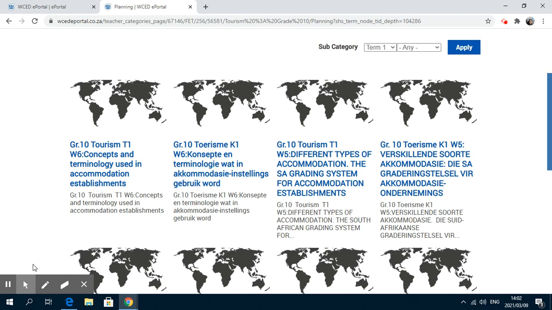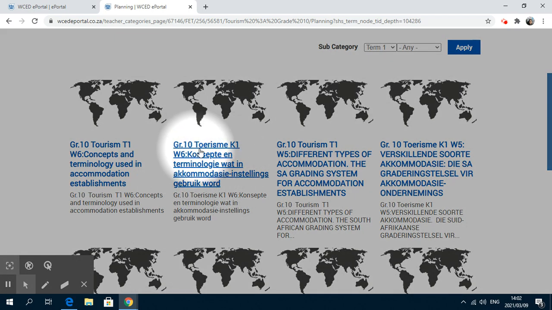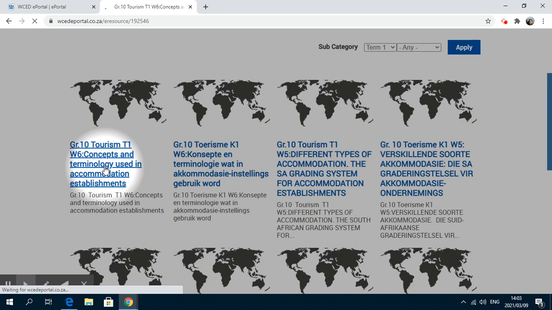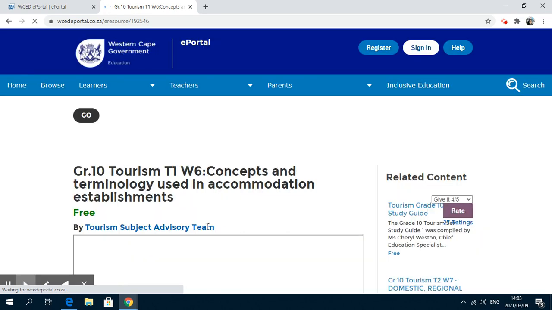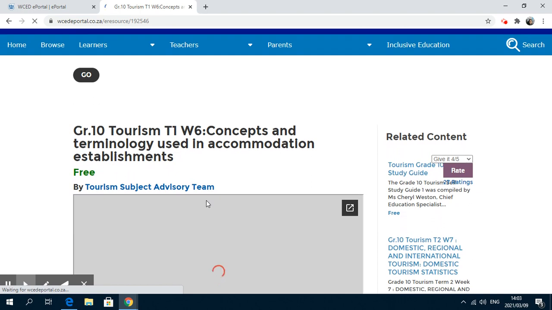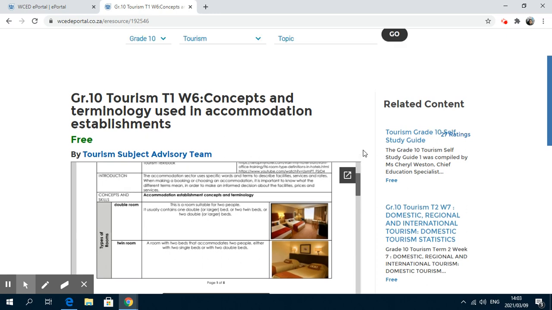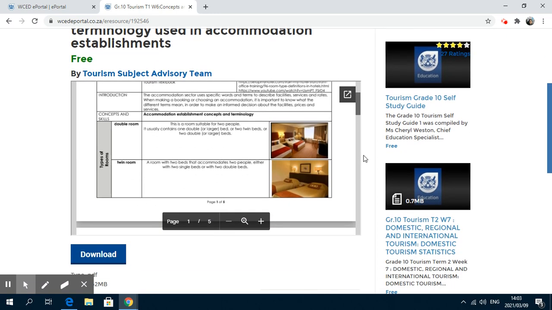Over here on this side, we have the Afrikaans version, the exact same thing, just in Afrikaans. K1 for kwartaal 1, and then W6 for week 6, and then we want to click on the one that we want. We click on the English one. It's going to open up the page where you can now download this weekly lesson plan. The weekly lesson plan is basically a summary of the topic that is put into a document that you are able to download. There are also activities in the